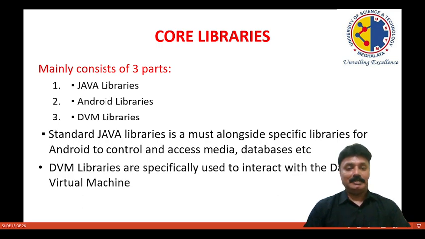The Java libraries, Android libraries, and the JVM libraries. The standard Java libraries are a must, alongside specific libraries for Android to control and access media, databases, etc. The JVM libraries are specifically used to interact with the Dalvik virtual machine.